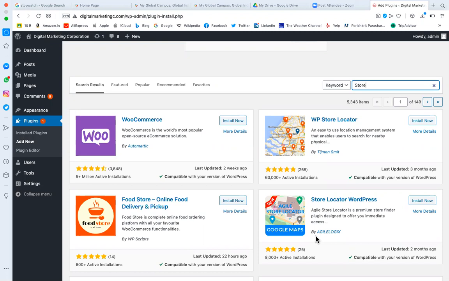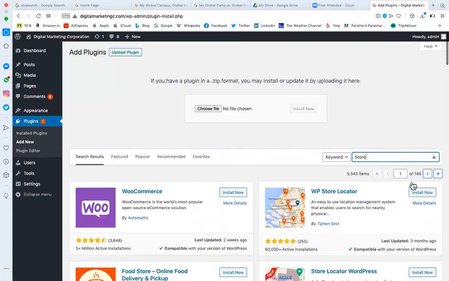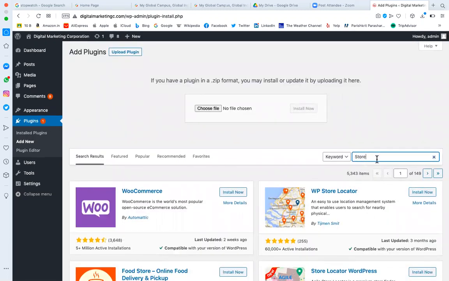Here you can search for whatever keyword is related to the product and services, and whatever feature you want on your website, and you will find some options. I want to start a store on my website, so I'm looking for a store plugin. This is one of the most popular plugins for an online store. The factors we look for are the number of active installs, which should be enough, ratings and reviews, and the last update, which should be recent and compatible with your WordPress version.